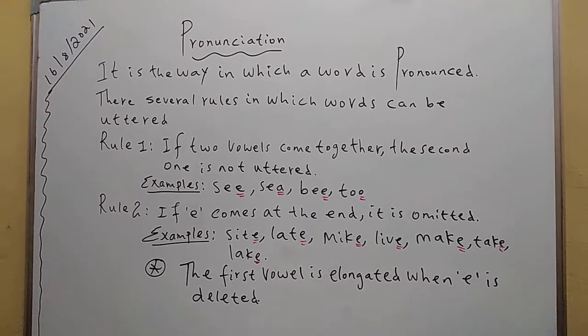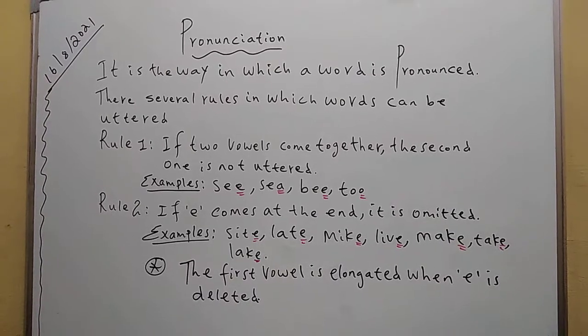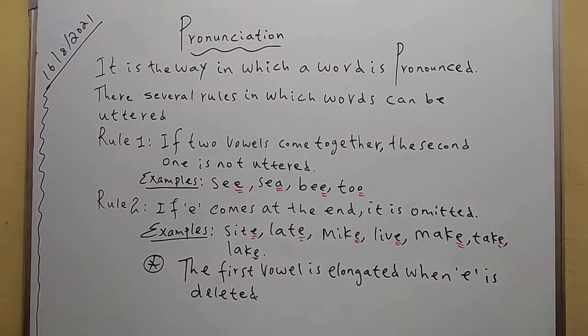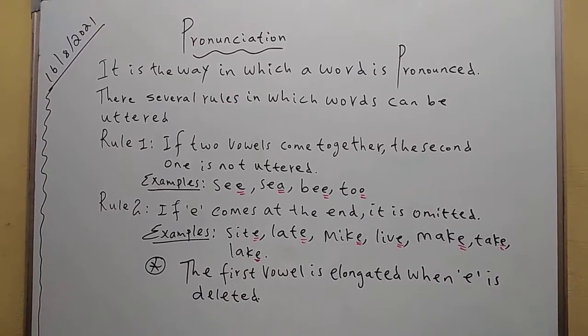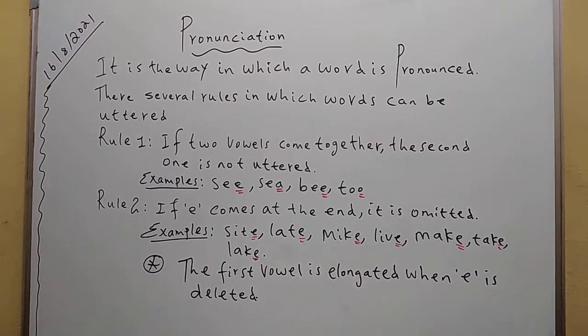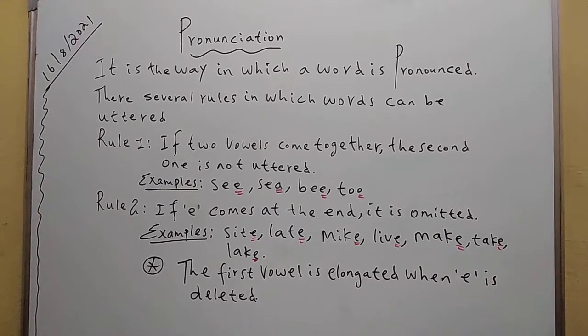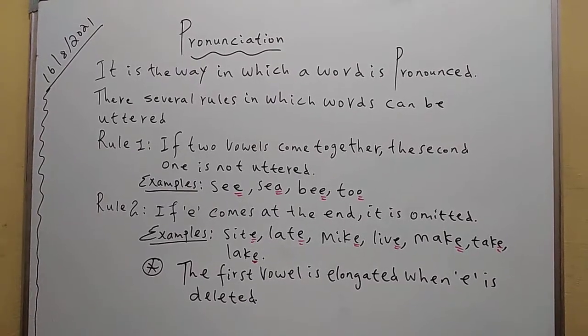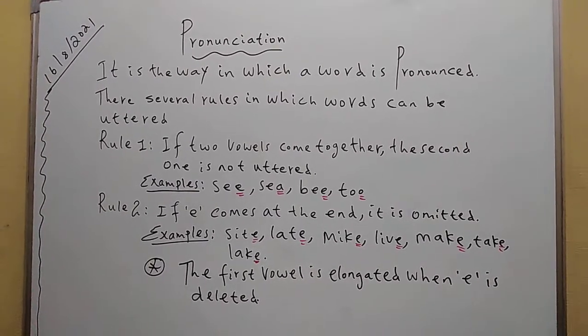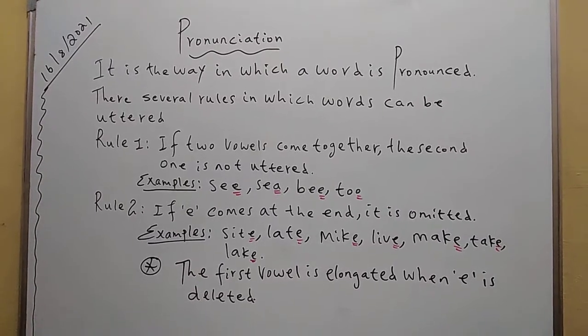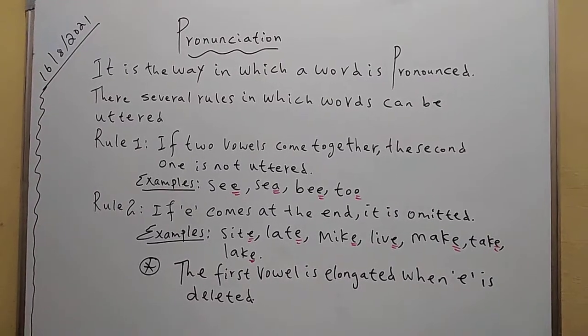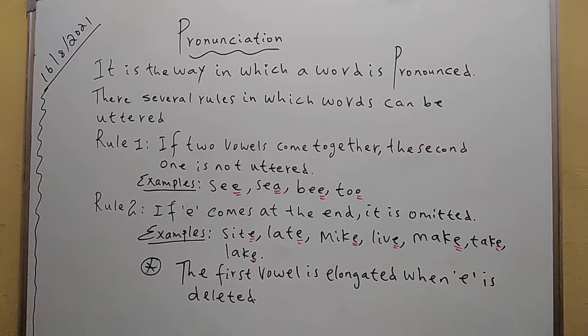So as you can see, "site", S-I-T-E. If I cancel E and simply pronounce it, it would be "sit", right? But now since I have here E, the one which is not pronounced,